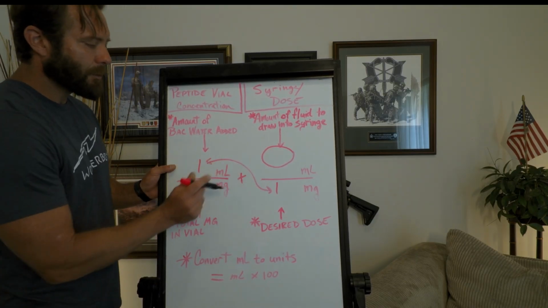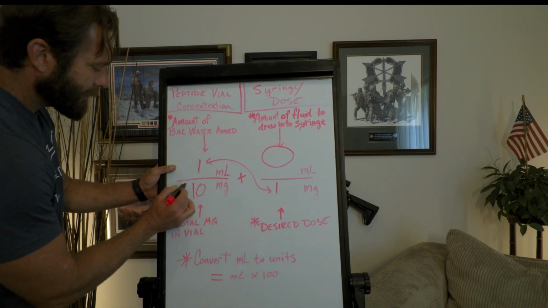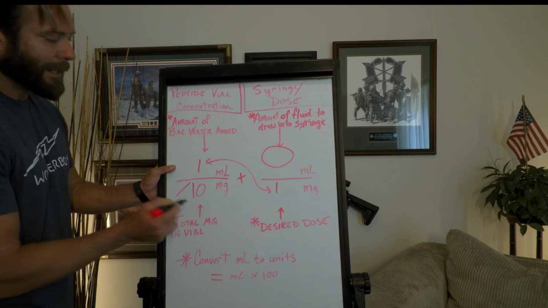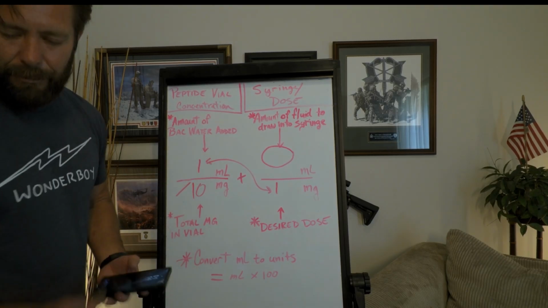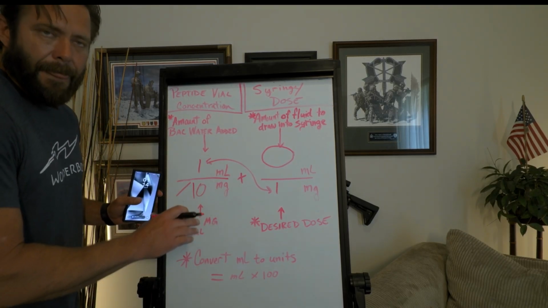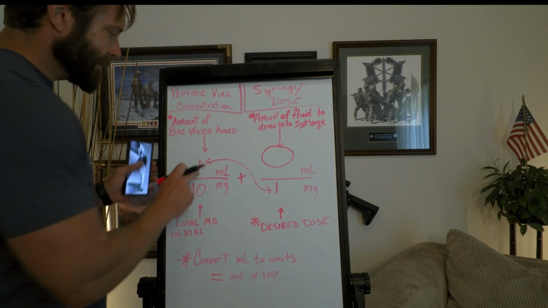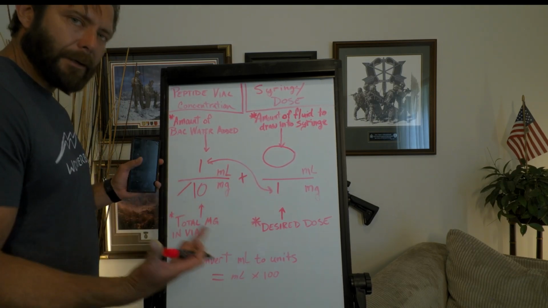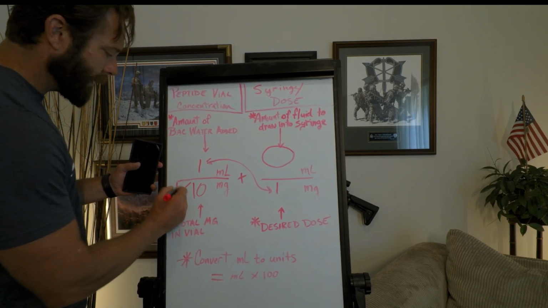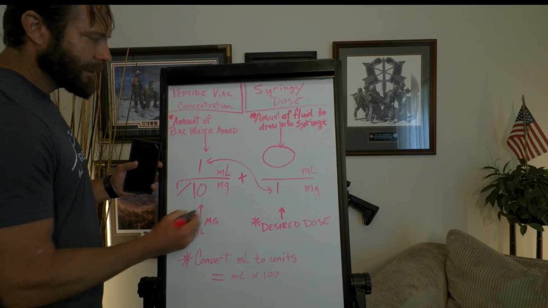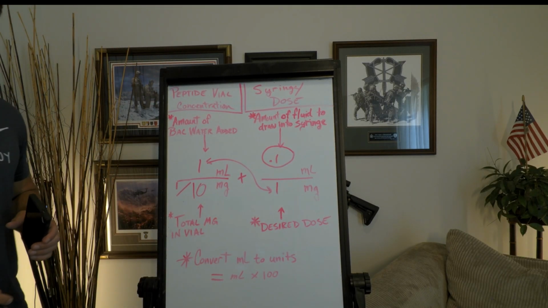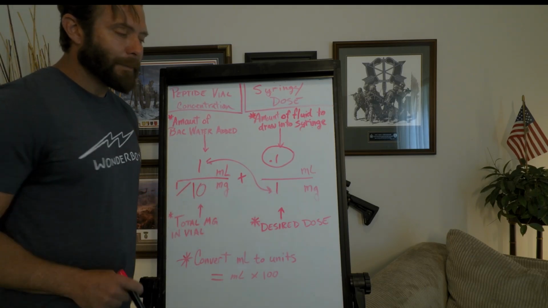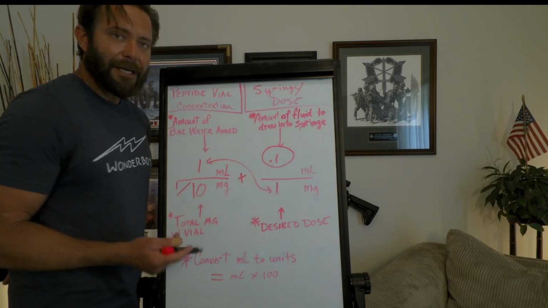Okay. You're going to multiply those, and then you're going to divide the answer by your remaining number here. So always get your calculator out. This is going to be super simple. I could do it without a calculator, but generally just get the calculator out and use it. All right. So 1 times 1, we know is 1. So 1 divided by 10, that's going to be 0.1 milliliters. 0.1 milliliters. So in order for me to get 1 milligram dose, that's how much I need to withdraw in